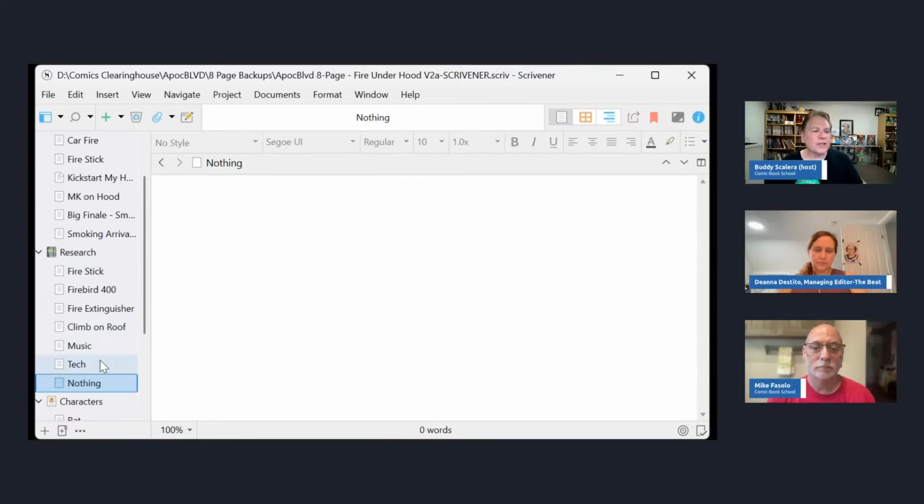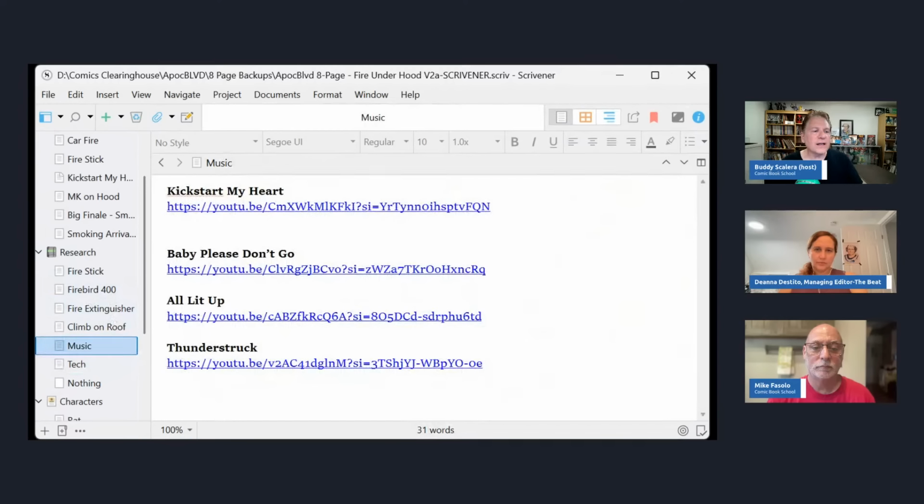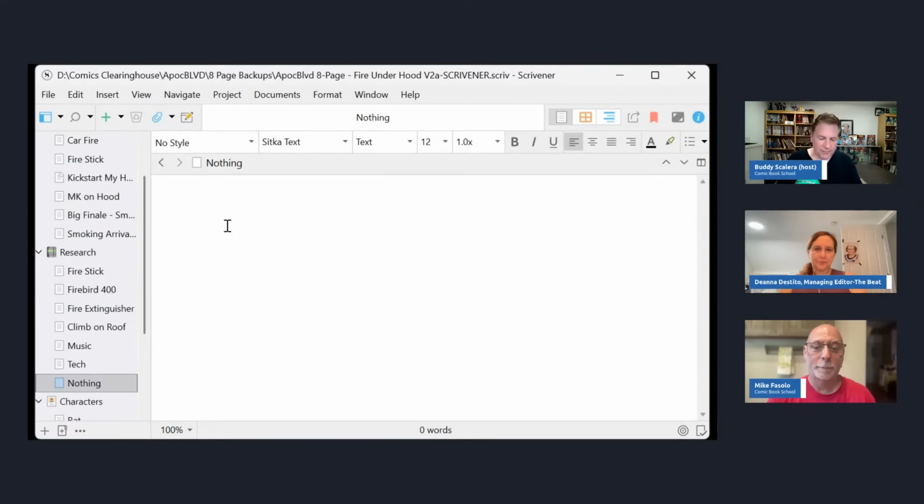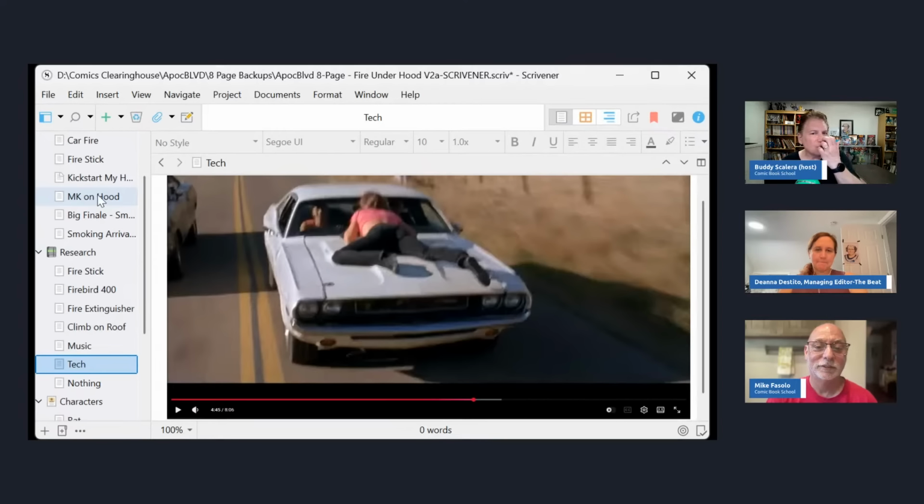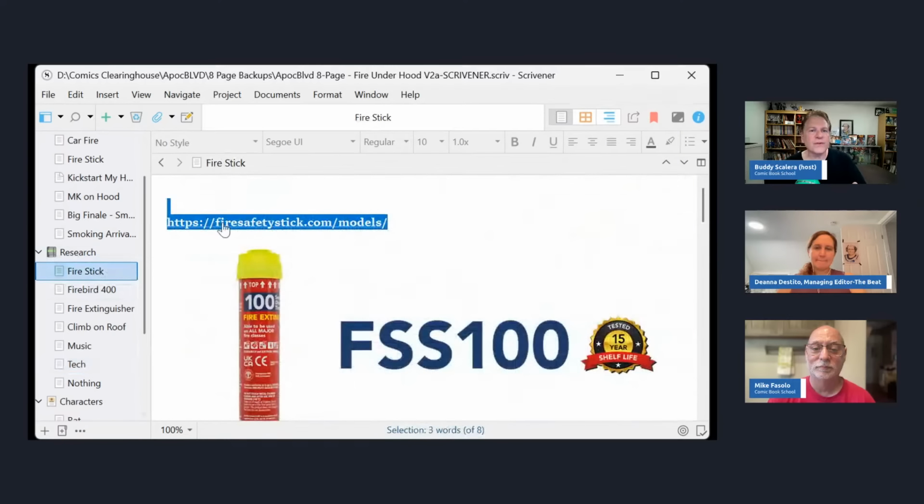It gives you some visual indicators. You can see the icon is slightly different. There's nothing in there. Right, but if I put something in, the icon changes. So there are a lot of visual cues. Once you start to use it, you start to find these little visual cues, and then you can also add